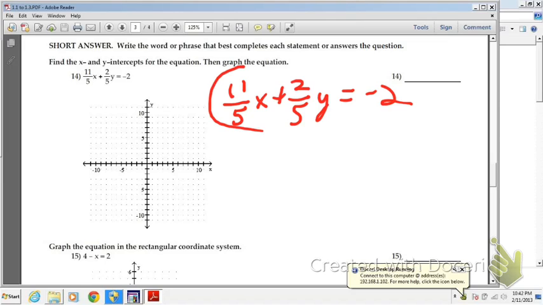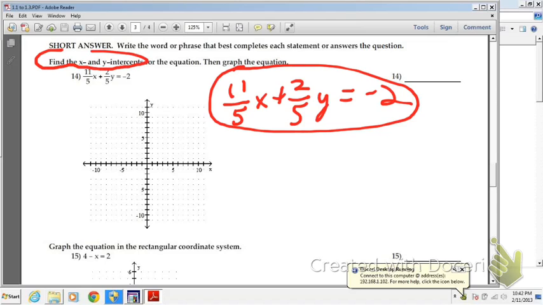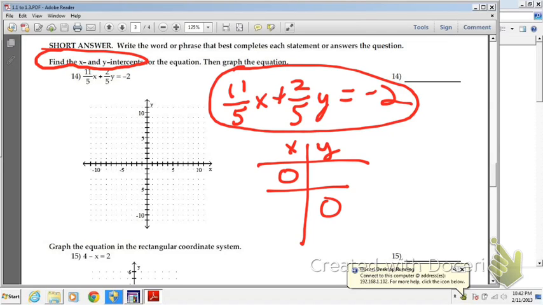So what I'm thinking of is I need a general recipe for whenever I'm commanded to find x and y intercepts of an equation. Hopefully you're thinking, well, whenever you've got to find x and y intercepts, you're going to make this little mini table, right? With zeros. And what does that mean? Well, let's go ahead and store 0 in for x, and we'll produce a y-intercept. So if you store 0 in for x, then 11/5 times 0 is 0, right? And if you need to write that out on the side, 11/5 times 0 is 0, so you'd have 2/5